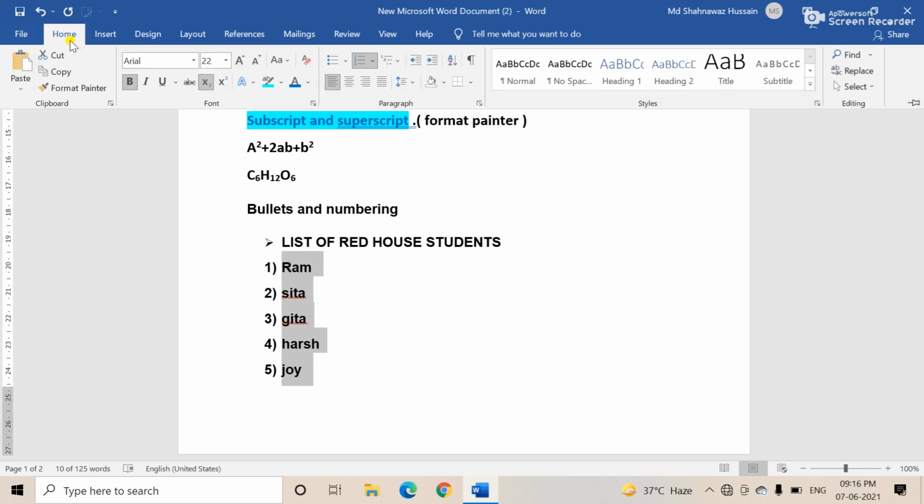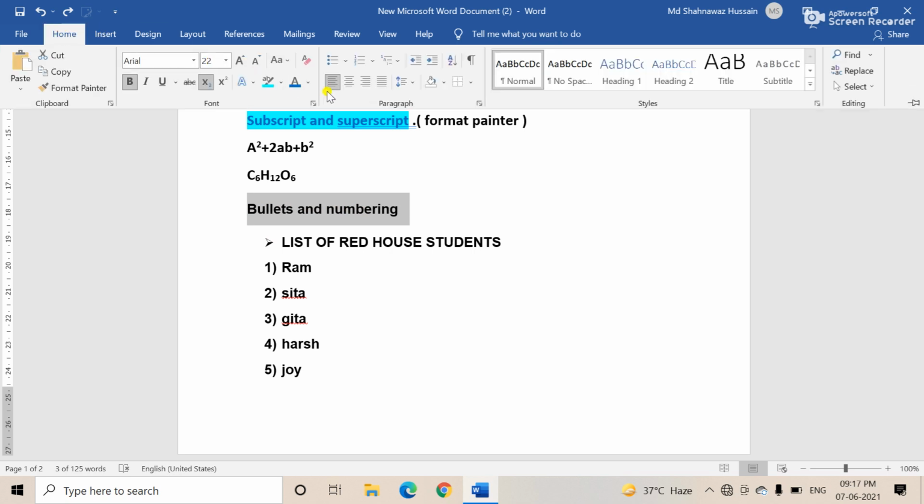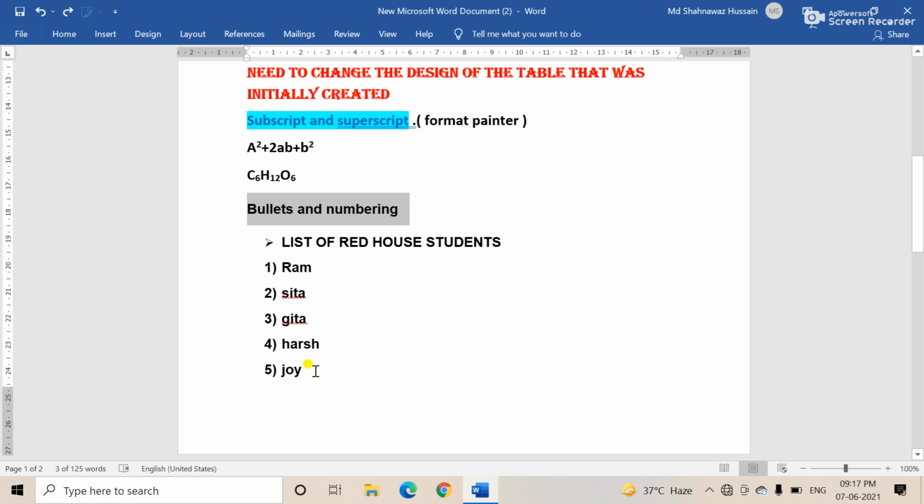And the next topic is, here the alignments are there. Suppose this is left alignment, you want to paste it in center alignment. Otherwise, suppose the bullets and numbering, you want to change the location of the text. So what is the alignment? First we are going to write what is the alignment. Okay, wait.